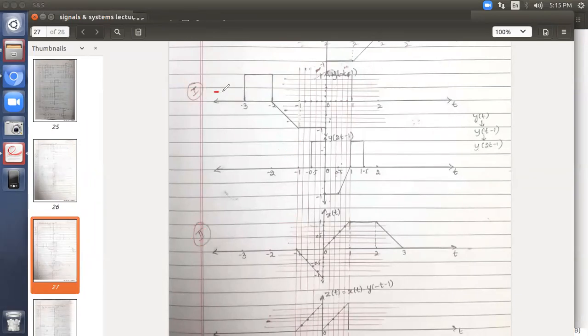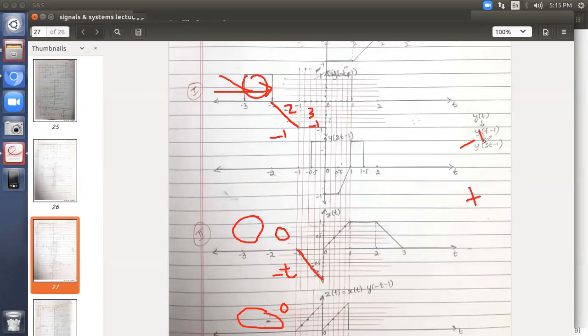So let's multiply. We will start with this. We have some pulse here, but in the second signal, no pulse. So some value into 0 is no value. Then coming to the second structure, there is a ramp here, a negatively increasing ramp. This again multiplied by 0, you have a 0 answer. Coming to this third structure, you have minus 1 amplitude. Minus 1 multiplied by minus ramp, say t. What is minus into minus? You will get plus. Minus 1 into minus t, you will get positive t.